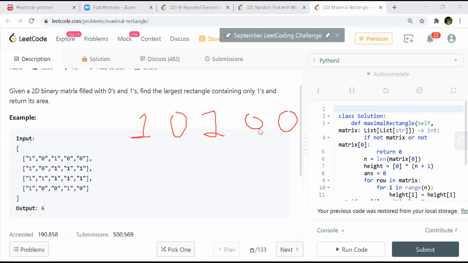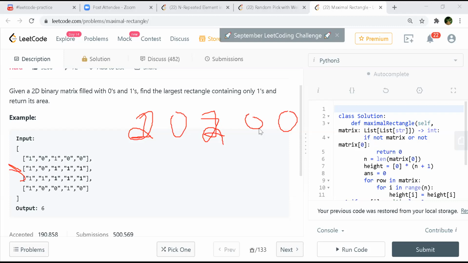Since I'm on this row and I have a 1 just above it, this would be 2 now. This would be 0, and this would be 2, and this would be 0 because there's no continuity here, and this would also be 0.